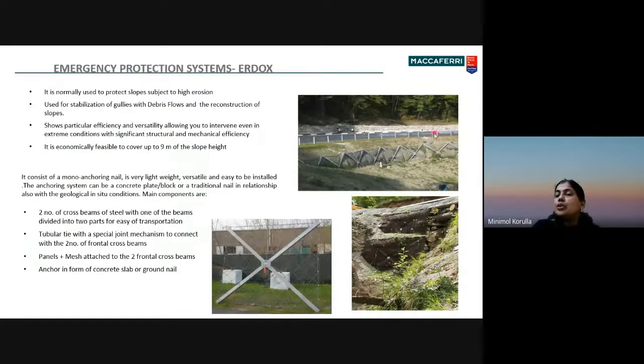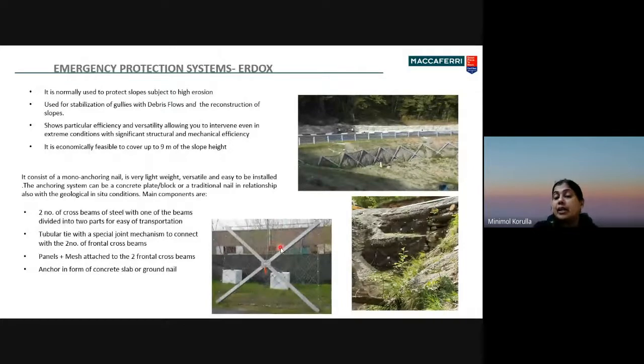In this AirDog, we can see the road where a slide has happened, and we had to immediately restore the traffic. There this AirDog system was used, and it was able to immediately protect and re-establish the traffic. Once it is placed, this close-up shows that the barrier is there and the nail is going inside